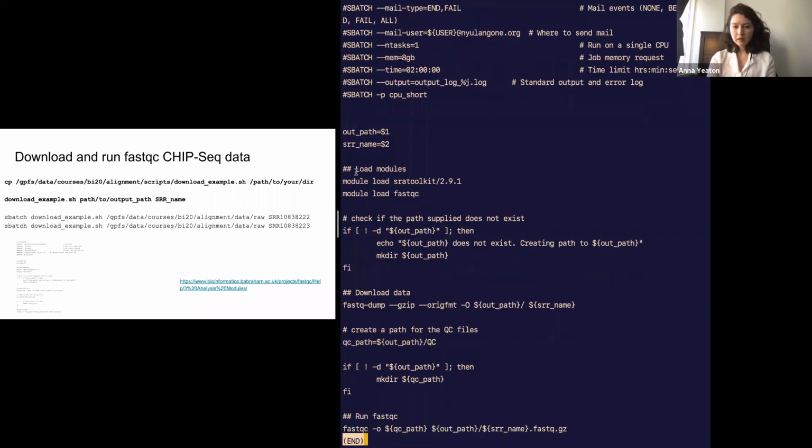Here we're loading the required modules, so we're loading SRA Toolkit and FastQC. I copied the code from Lisa's module and just added a few lines. Here I'm checking to see if the path you supplied doesn't exist. If it doesn't exist, it's going to make that path, and if it does exist, you're just going to use that path. And then you're going to download the data